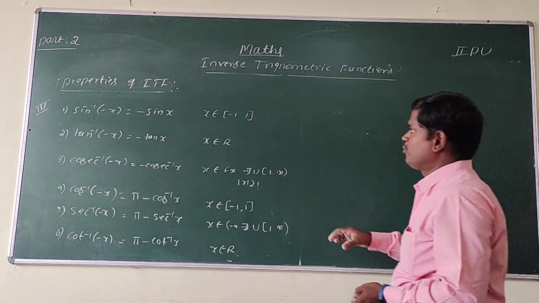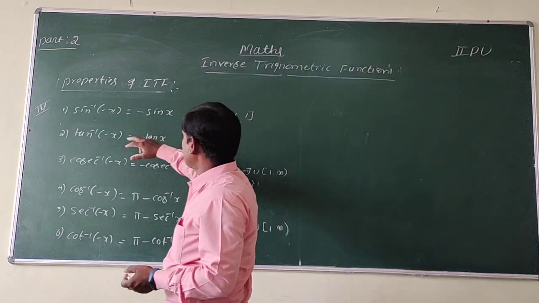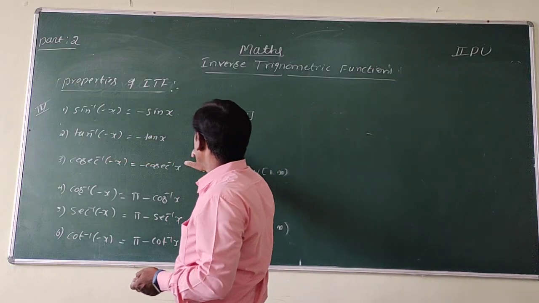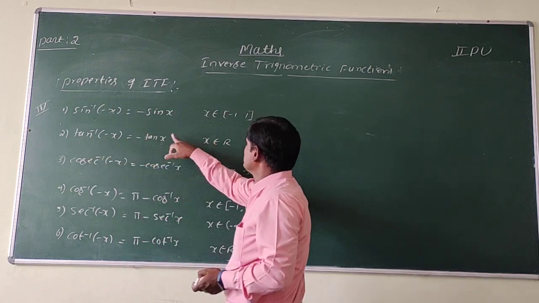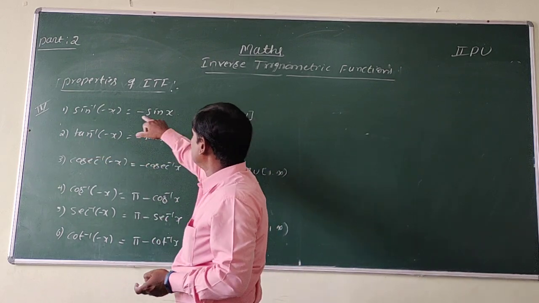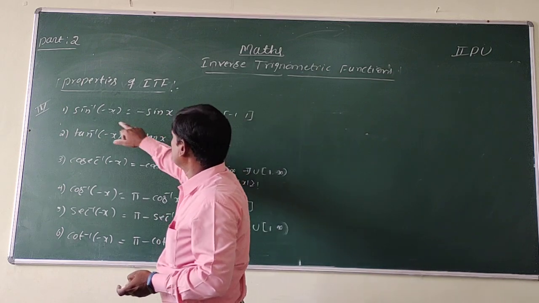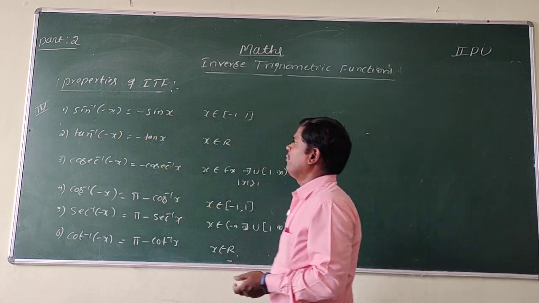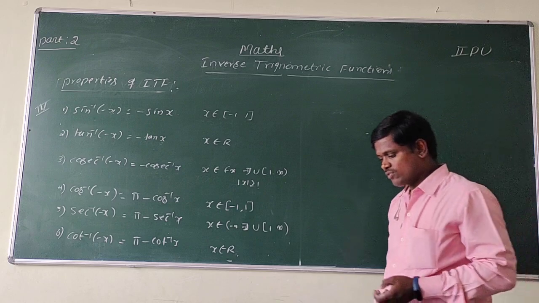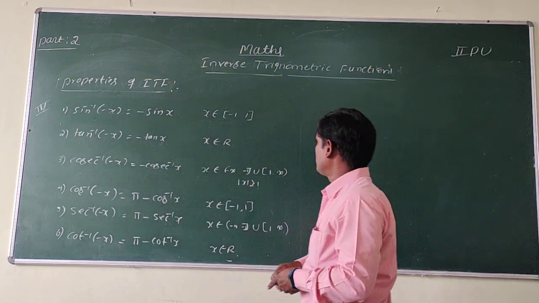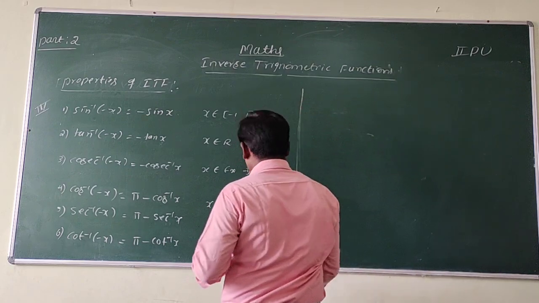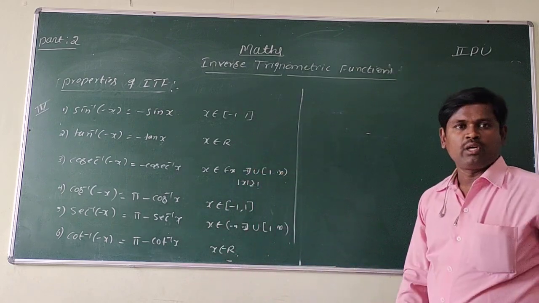So these conditions are very important. If the value of x lies between any real numbers, we are going to take the value of minus x as minus tan x. Here the value of x in between minus 1 to 1, then only we are going to take the value as minus sin x. Okay. So proofs are not in the syllabus for this year. But even so, I want to show one of the proofs, and the remaining you should do on your own.